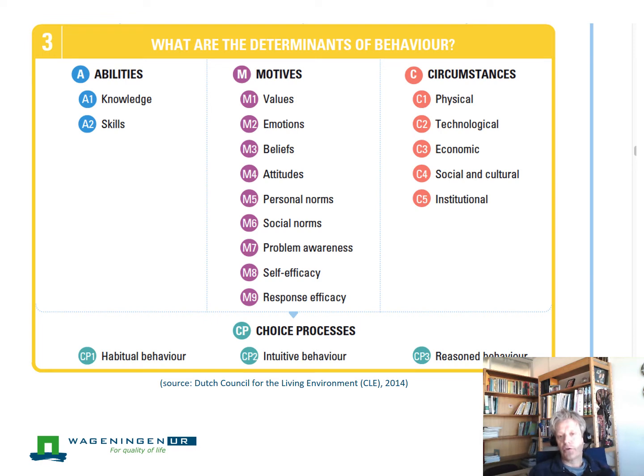The emotional aspect, similarly, some people might get very emotional about the images they might see from industrial agriculture, and others might actually not be affected by that, or they avoid it. They avoid the dissonance they get by being exposed to that. So when you do a campaign and you try to develop a strategy, you need to look at all these aspects carefully, and then to identify where is it that I can have the most impact in trying to bring about change. And then the circumstances might be conducive to that change, or maybe there are some barriers that you need to be addressing, social, cultural, or technological barriers that also are important.